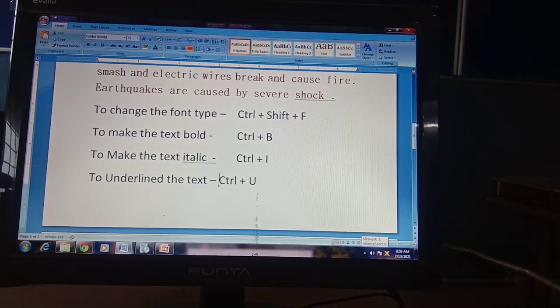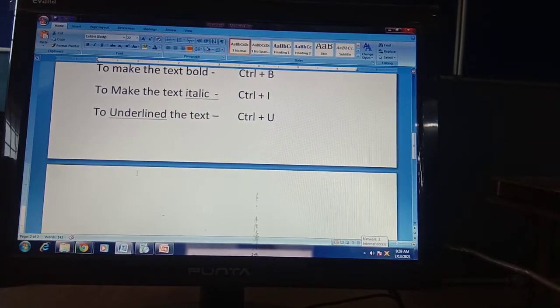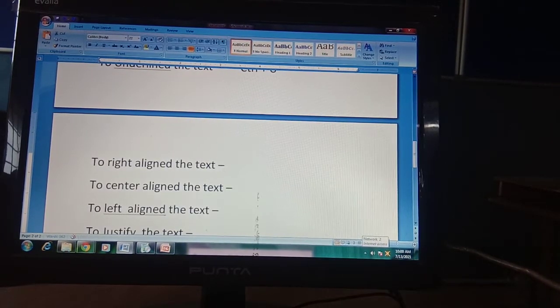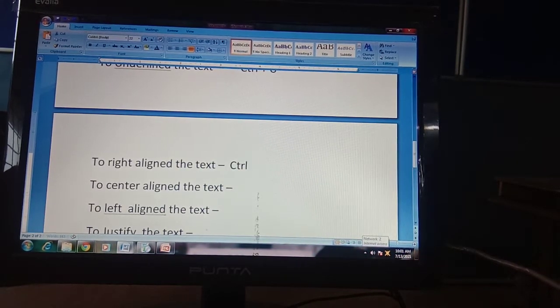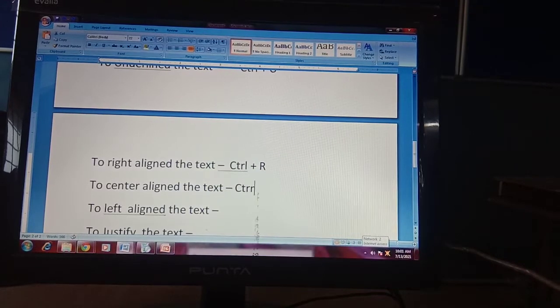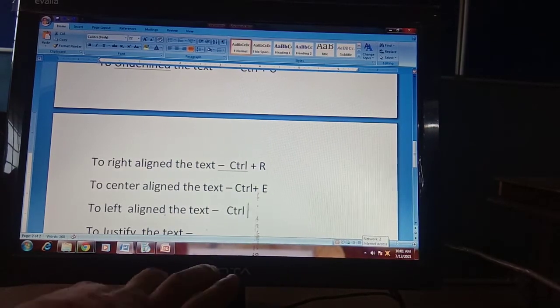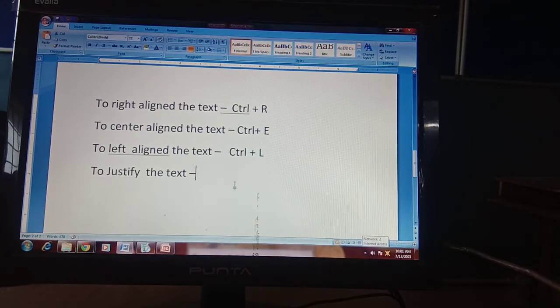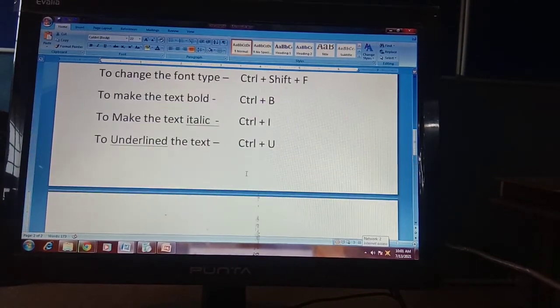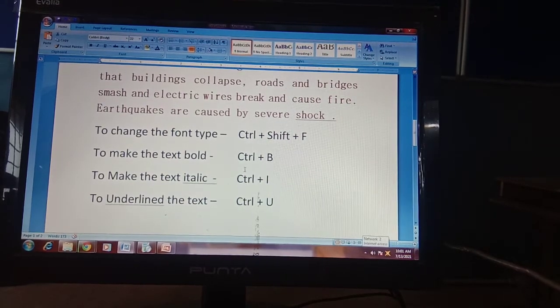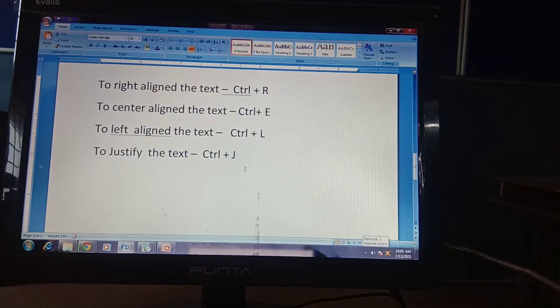Okay, and so to right align the text, CTRL plus R, to center align, CTRL plus E, to left align, CTRL plus L. Okay, and to justify, CTRL plus J. So these are all your shortcut keys that you need to write. Okay, so thank you everyone, keep watching the video.